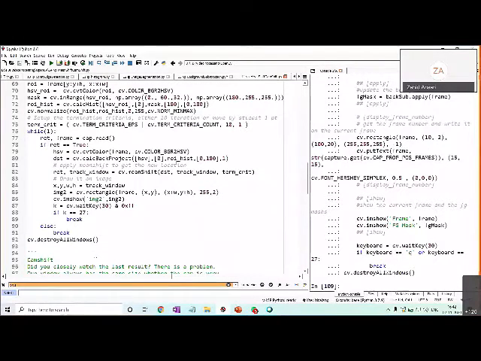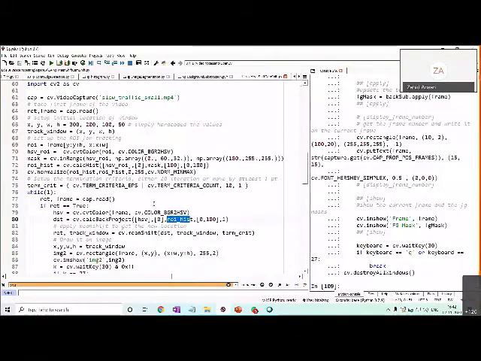Based on the window or region of interest, the areas are captured and the mean shift algorithm is applied for adjusting the window. The rectangle is also updated for displaying, and then we show the updated frame. So this is the rough description of this algorithm.